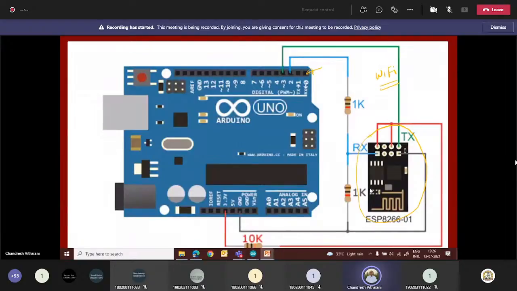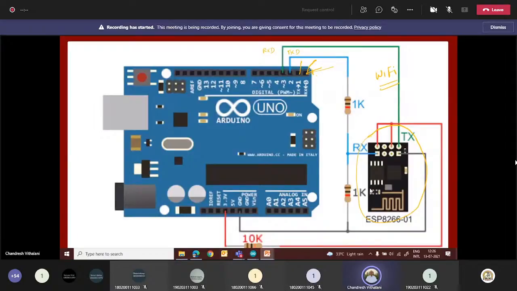Otherwise, you can also connect this to the RX pin of your Arduino board. And the RX of this ESP8266 module you have to connect to another pin. So pin number 2 you have to make the TX pin, right? It will be a kind of cross connection. So this will be your RXD and this will be your TXD. You can also connect this with the TX and RX, no problem. So you make cross connections between the transmit data and receive data pins.